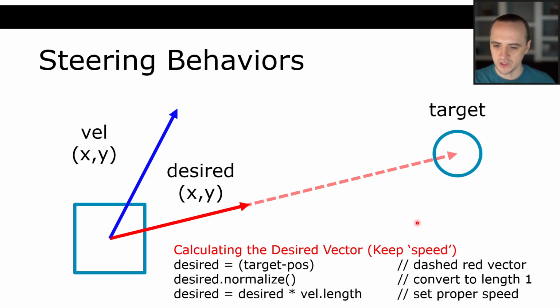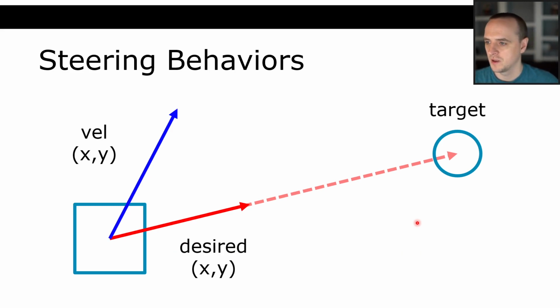And so then what we have is this desired red vector, which has the same velocity as the blue vector, okay? So if we were implementing turn instantly, turn on a dime movement physics, then what we would do is we would change our current velocity to the desired velocity, okay? But that's not what we want. We want a steering behavior. We want it to be more smooth, right?